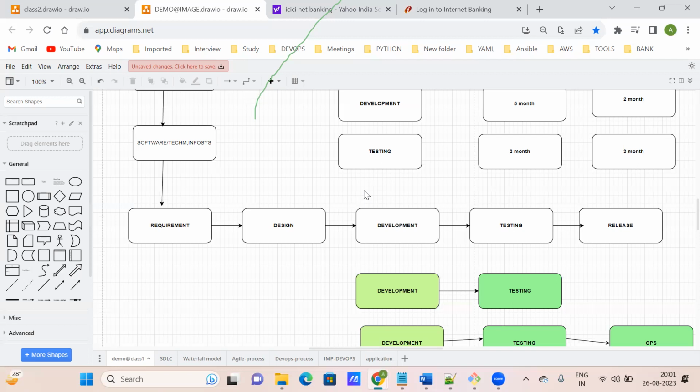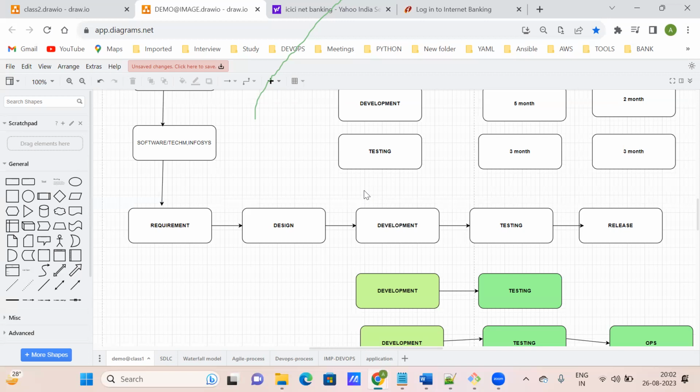And some tools came to the picture, Docker, Kubernetes, Ansible and all, to deploy your application to a server very fast. Because of that, the operation part is strongly assigned in DevOps, whereas in the agile process it is not there. Because of that, nowadays everybody is moving to the DevOps process, where the operation part is also automated.